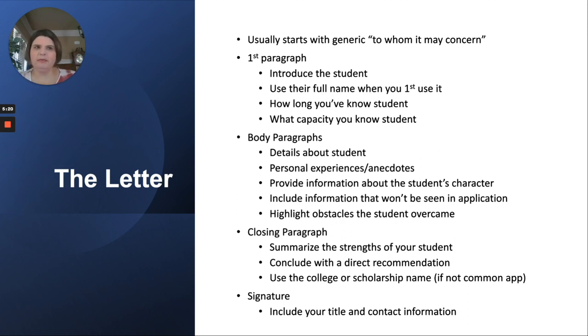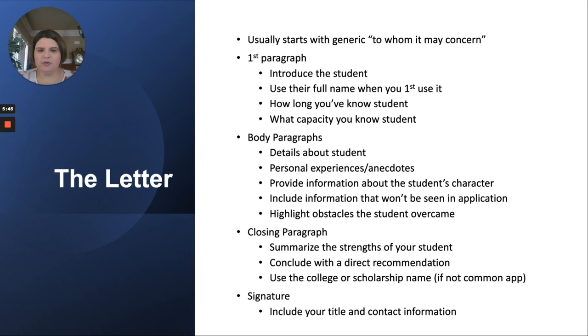I like to talk a lot about what I know about the student, especially if they've been a leader in my program, and give an example of some things that they've taken leadership in. You can tell about some of their musical accomplishments if you feel like that'll be appropriate. Again, anything that you're not going to see in the regular student application, I think would be really helpful for an admissions office or a scholarship committee to see.